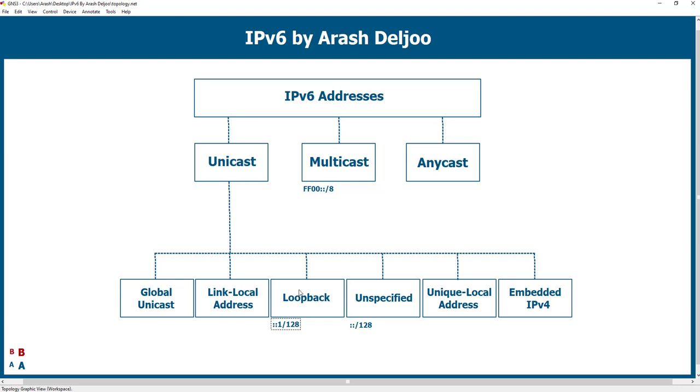In the next video I want to talk about another type of the unicast IPv6 address, but before that I want to mention that the anycast IPv6 address doesn't have a special IP address. We use a unicast IP address for anycasting, but we should configure that this IP address is used for anycasting. I will talk about this feature